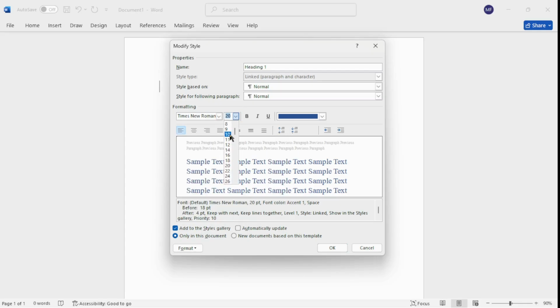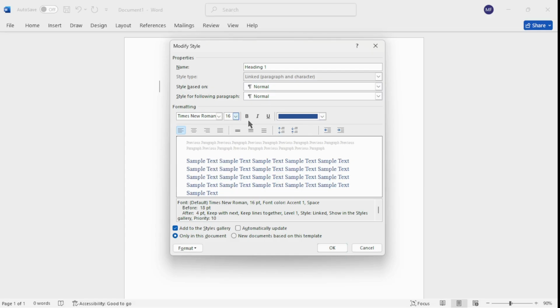The size I choose 16. For the font style, I choose bold and the color is black. I repeat again: the writing format is Times New Roman, the size is 16, the font style is bold, and the font color is black.